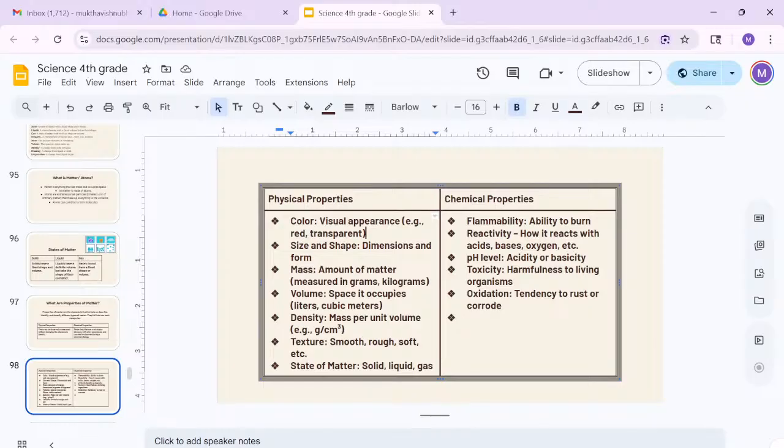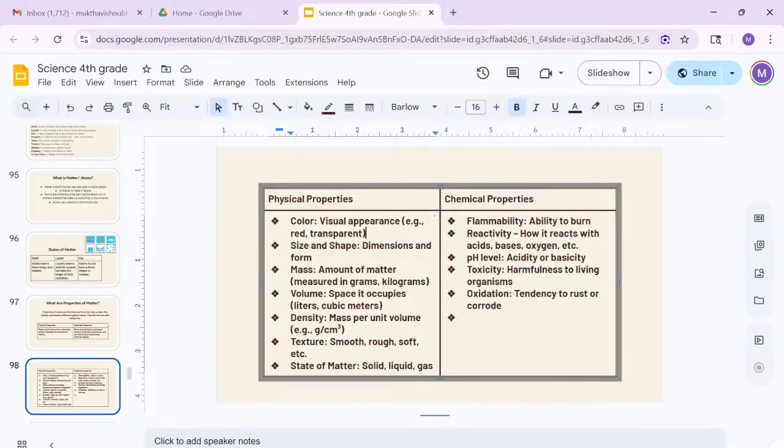A lemon is very acidic. You know how it burns? That's basically what acidity is, and bases are the opposite. These are just really simple definitions. You're not expected to know the pH level and stuff like that. But bases are the opposite of acidic. And toxicity is how harmful it is to a living organism. This includes poisons and